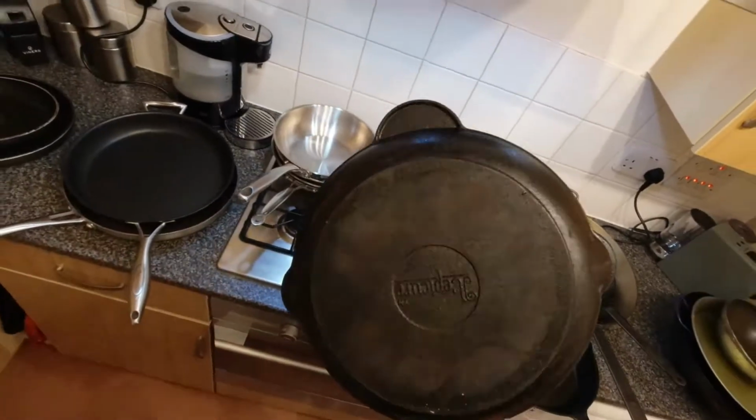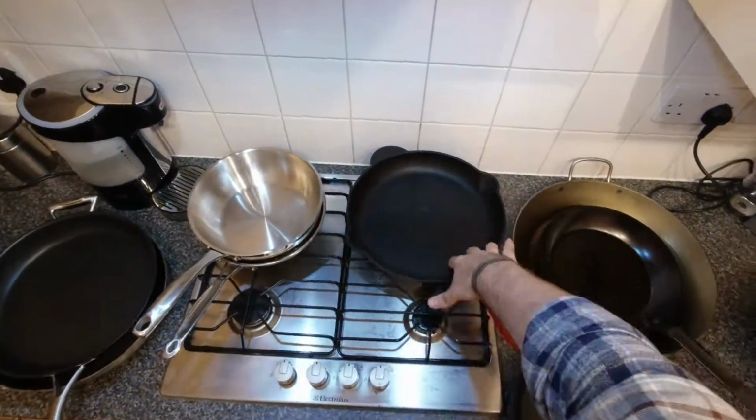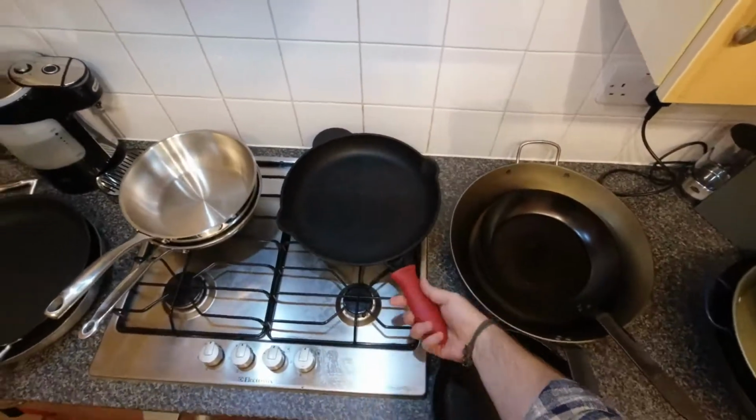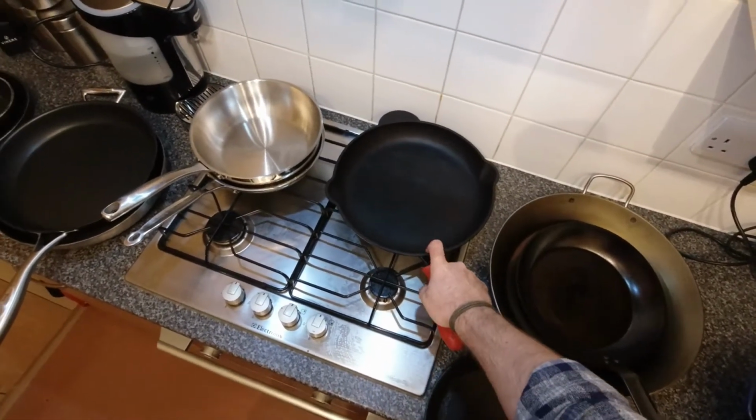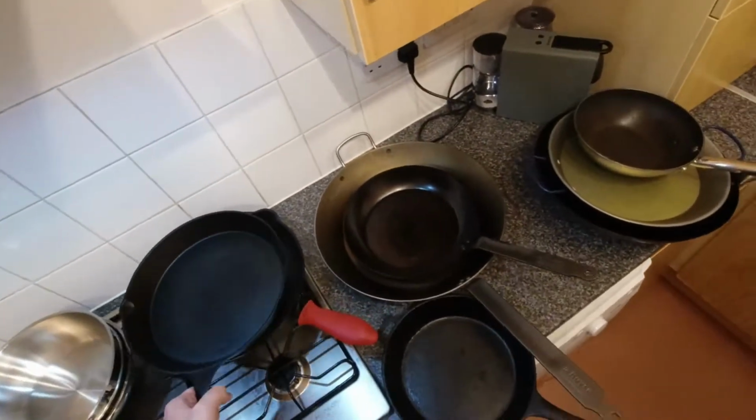And this is a Le Creuset cast iron. Much bigger, got a helper handle. Silicone handle, just to stop the heat, because the heat will come up in the handle. Cast iron,